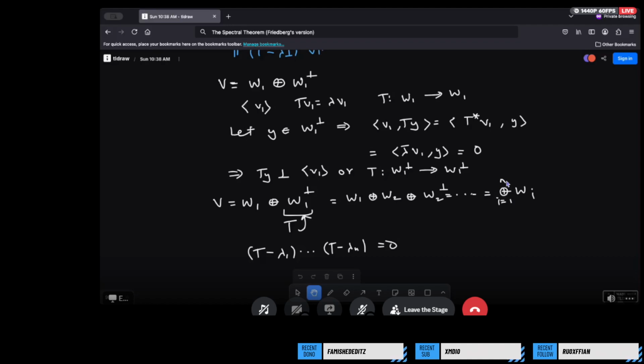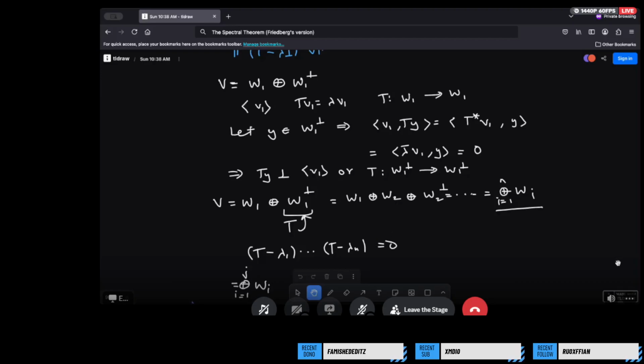And now note that we do have repeat eigenvalues. In some sense, we have not yet grouped all the spaces with the same eigenvalue into one, but that is just a trivial step. You do this grouping. It's up to you. Direct sum over distinct eigenvalues. And almost by construction,